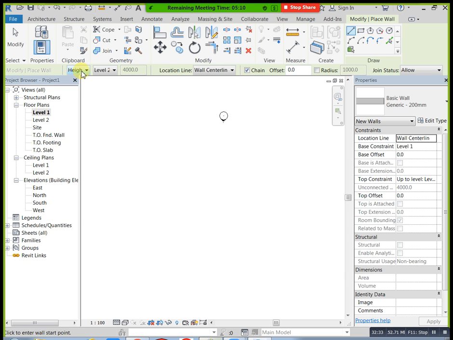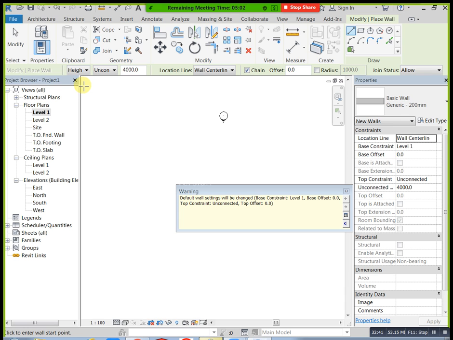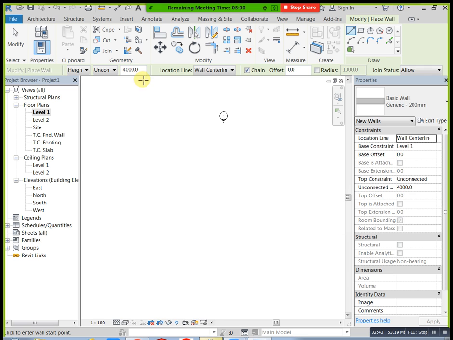Now how many levels you need? Already we created levels. For example, you need up to level 7, you can click. You need up to level 2 only, you can click. I need up to level 7. Next you can draw your line, your wall. See now, we have our wall.